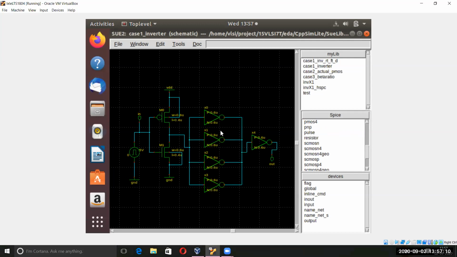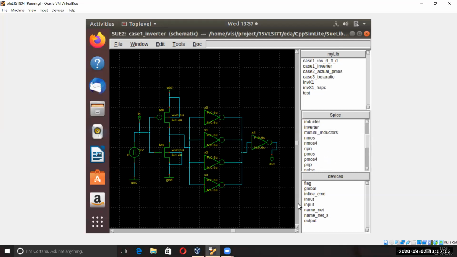Then these four inverters I have connected. Actually, you can connect a load capacitor here, but we don't know its exact value. We will approximate something, and that's why we will not get a good graph, and the delay will also vary because of it. If you take these four inverters, the case will be a bit more practical, and you can get the exact behavior. These four are the fan out, as sir had explained.